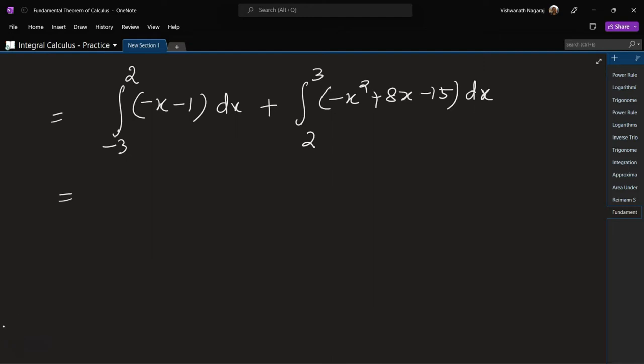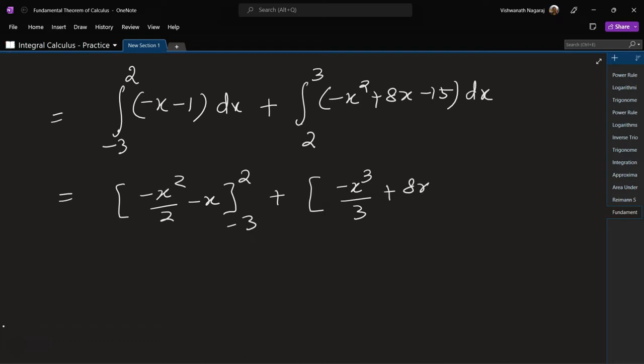Okay, now it's pretty straightforward. We have minus x square by 2 minus x from minus 3 to 2, plus minus x cube by 3 plus 8x square by 2 minus 15x from 2 to 3. Now let's evaluate this. We get minus 4 by 2 minus 2